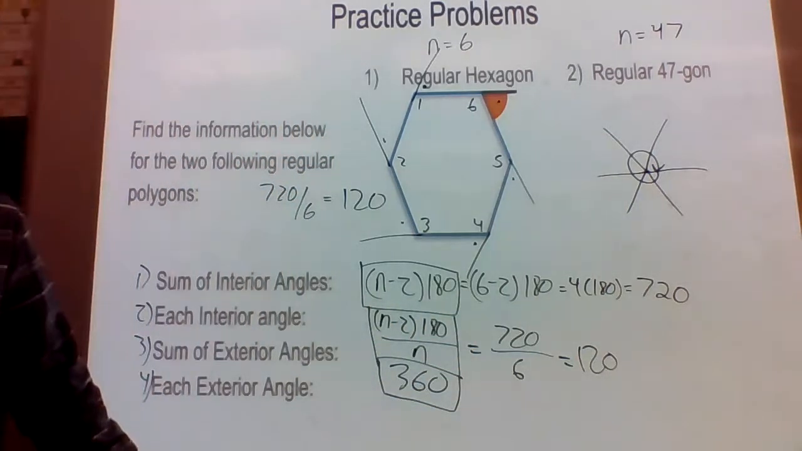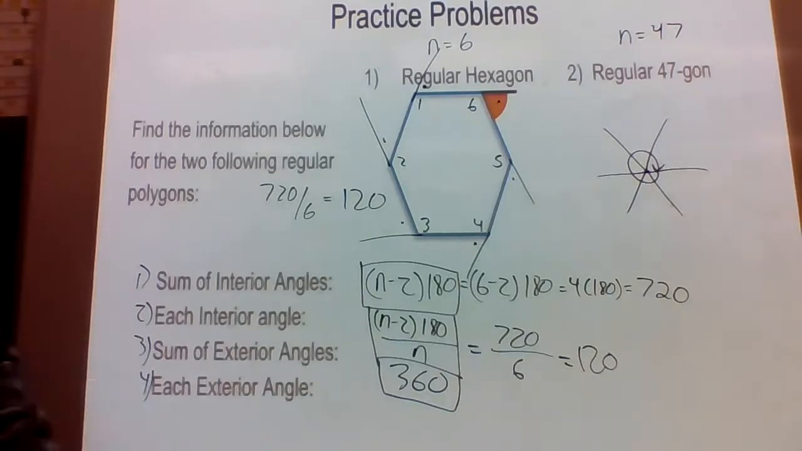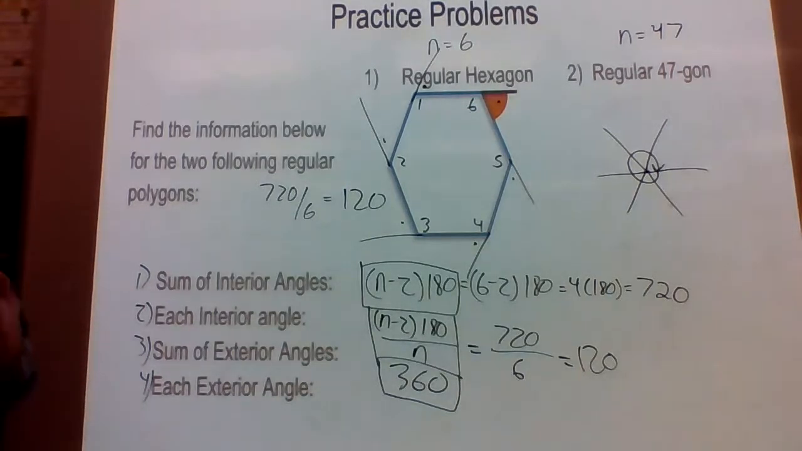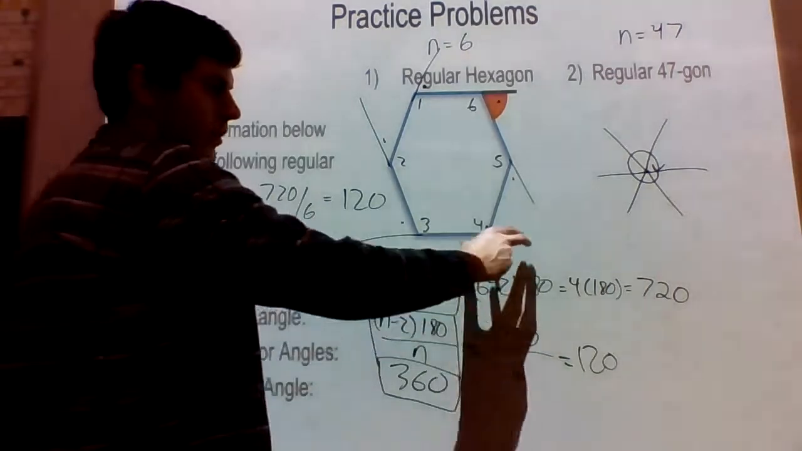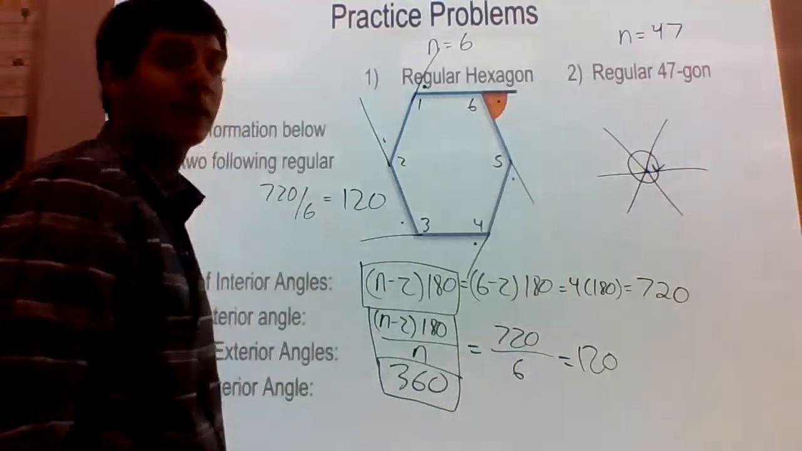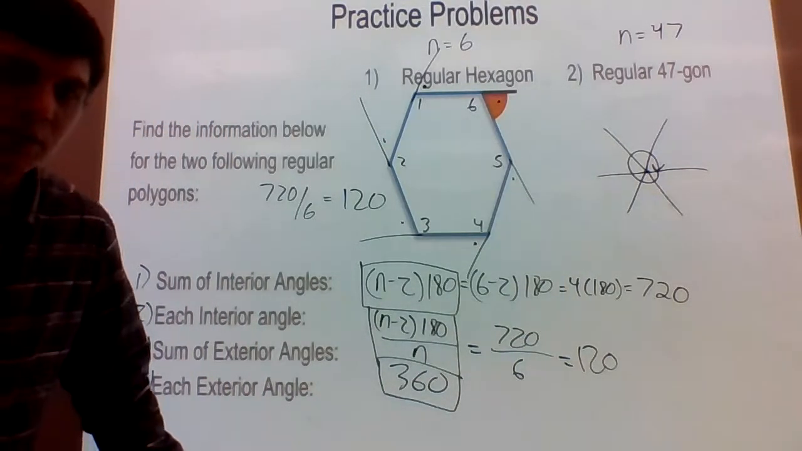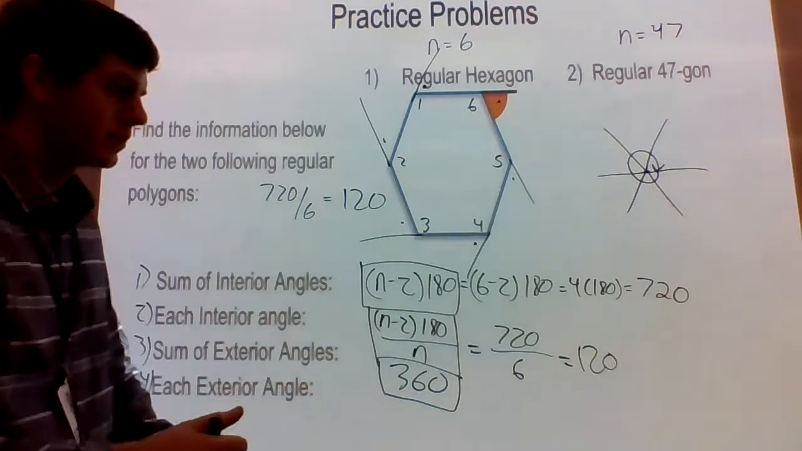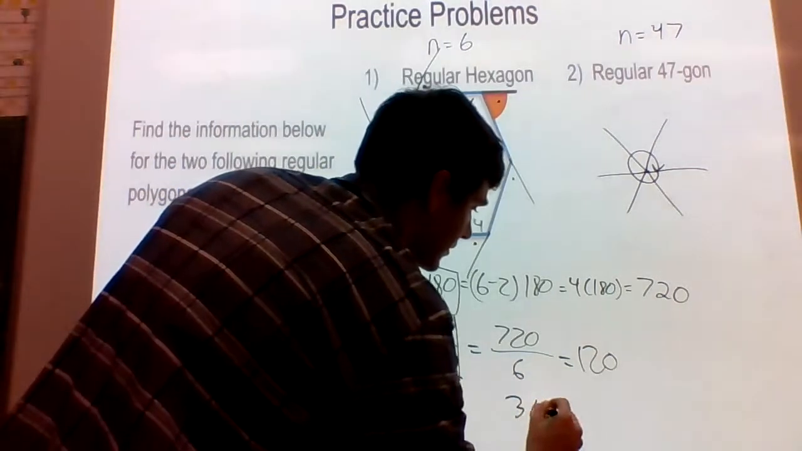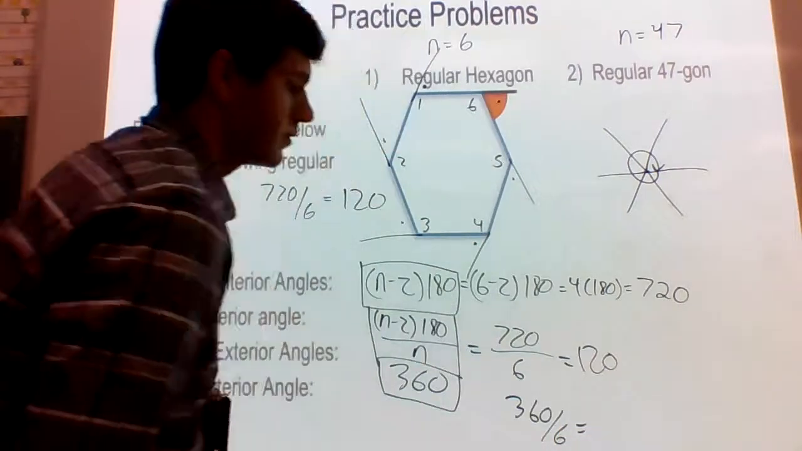We can clearly see on our half sheet, our notes, that the sum of the exterior angles of all of the polygons is 360. The last one here asks for each exterior angle. And again, it's intuitive. All 6 of them added together are 360. There are 6 of them, so we divide by 6. 360 divided by 6 is going to give us